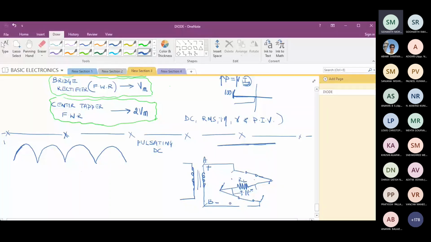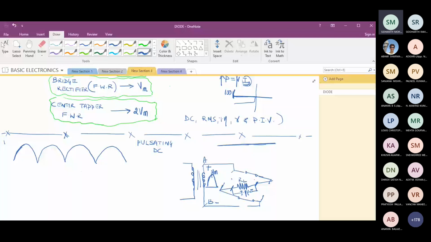Fine. Now, what is the voltage across the capacitor? Think and answer. What is the voltage across the capacitor during positive cycle? Let me draw a cap here. Across the secondary, we are getting a cap. Peak value is Vm above the reference. Think and answer this. What is the voltage across the load, or the voltage across the capacitor? Vm. Vm only. All agree?